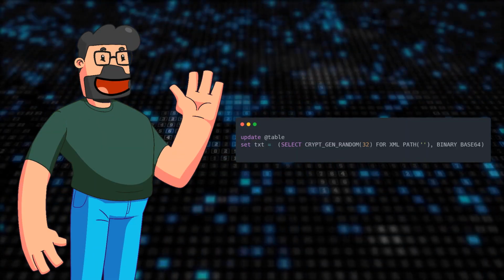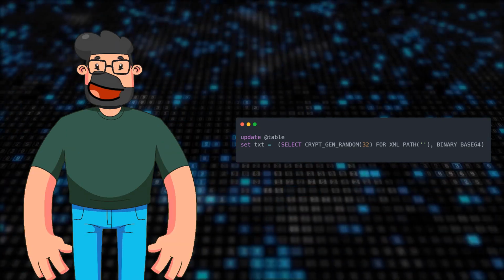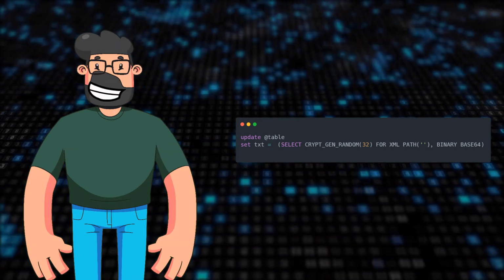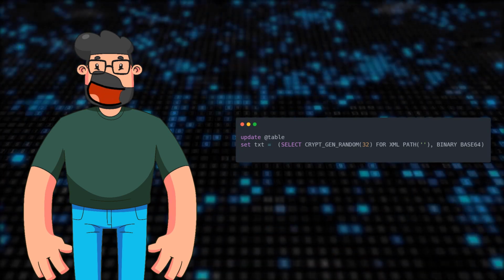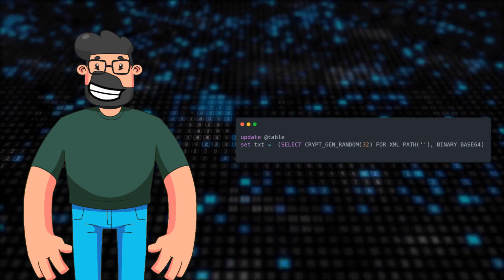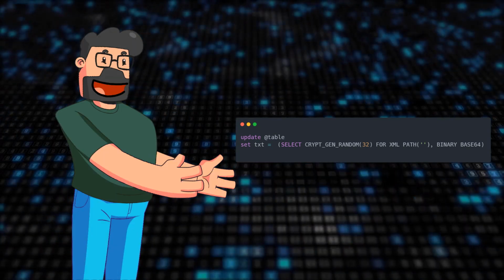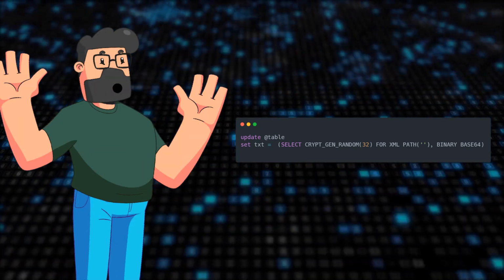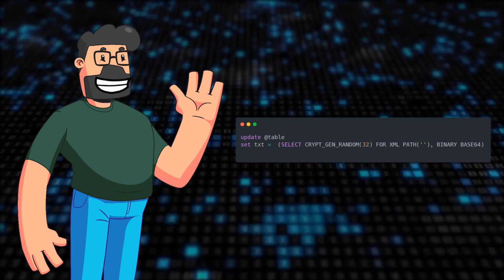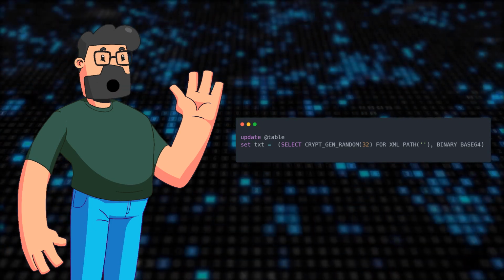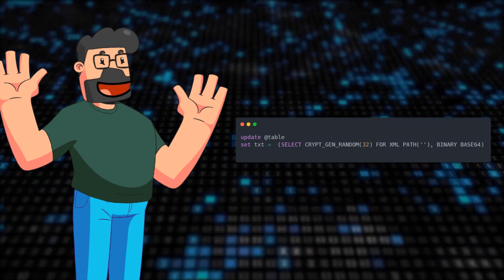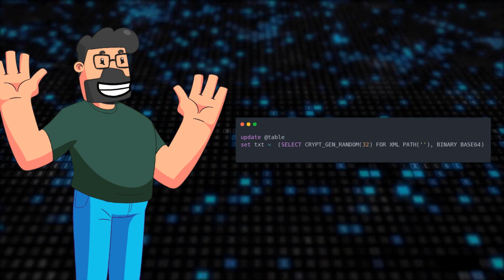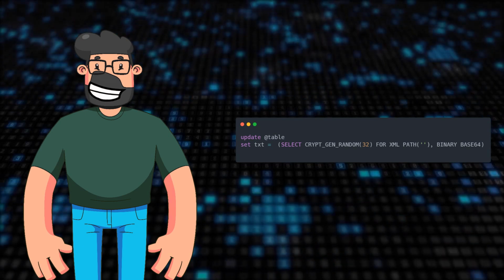In the first attempted solution, the code updates the table using the command: UPDATE table SET txt = (SELECT CRYPT_GEN_RANDOM(32) FOR XML PATH, BINARY BASE64). However, this code ends up putting the same value in every row, which is not the desired outcome. The reason for this lies in the way the subquery is constructed, causing it to be evaluated only once due